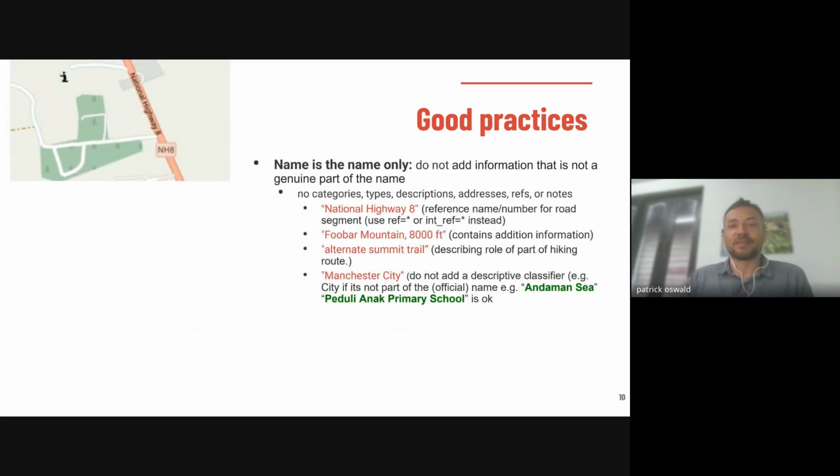There are more good practices. You see, there's a lot of things. So other good practices you want to talk about is that you should put the name and the name only